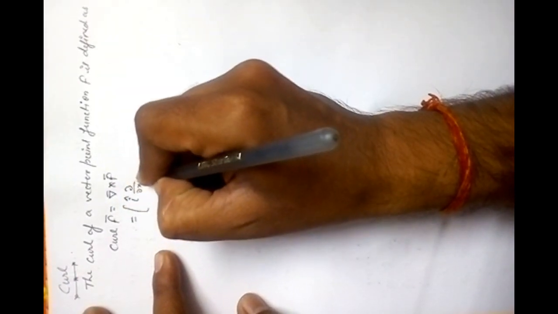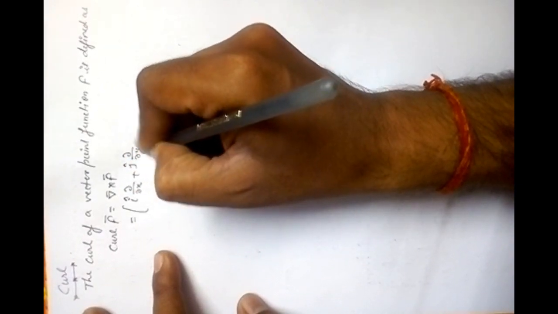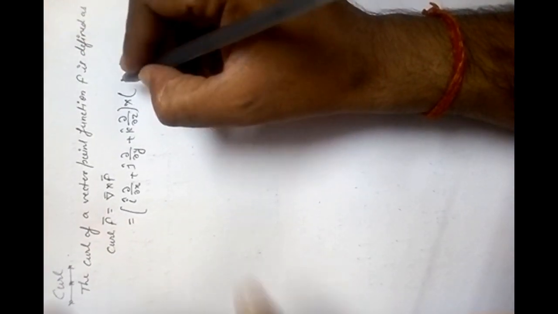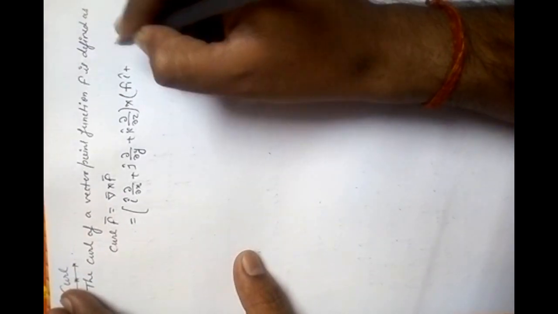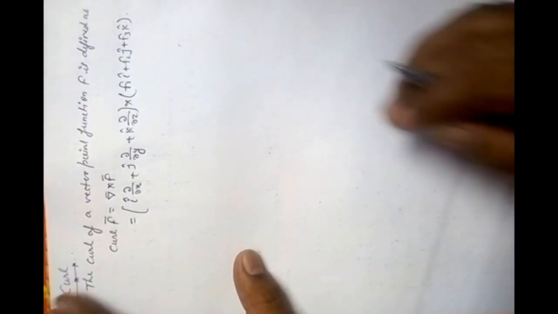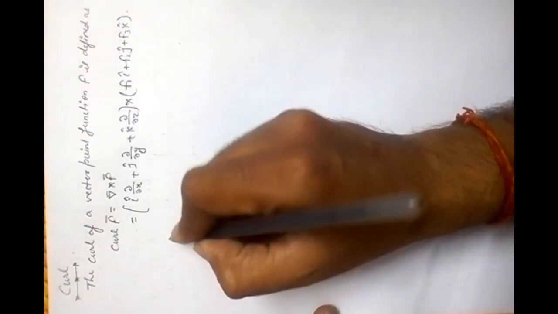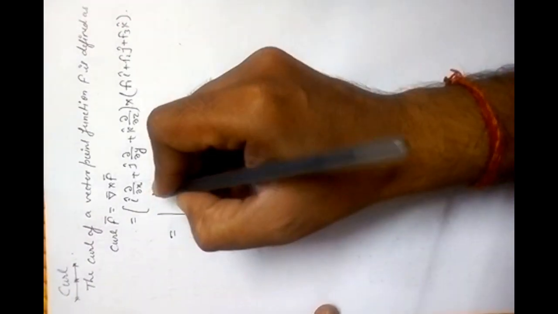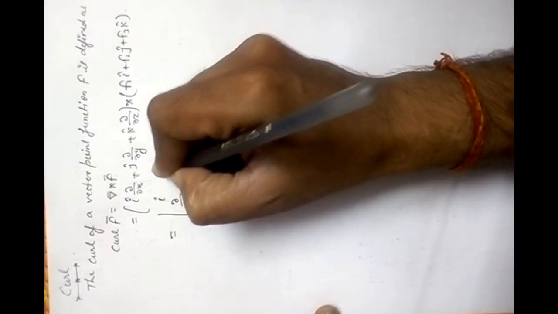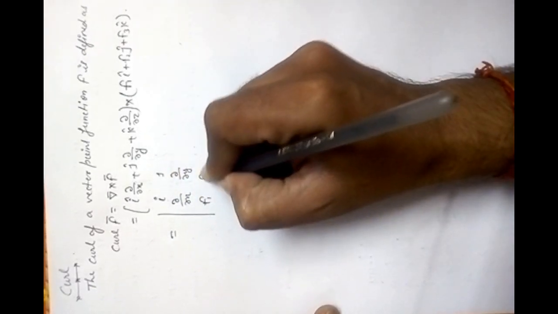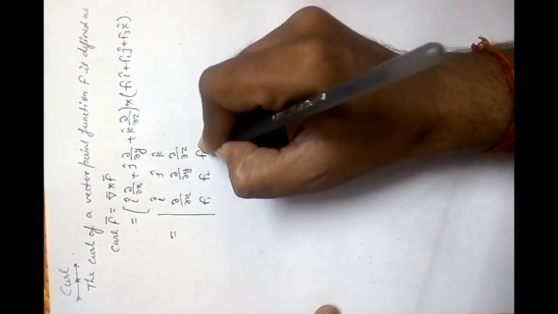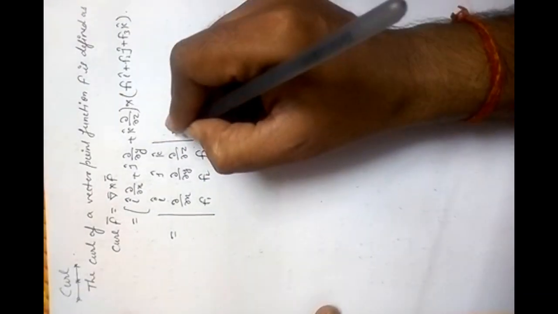I del upon del x plus j del upon del y plus k del upon del z cross f1 I plus f2 j plus f3 k, which is equal to the determinant of I del upon del x f1, j del upon del y f2, k del upon del z f3, which is equal to